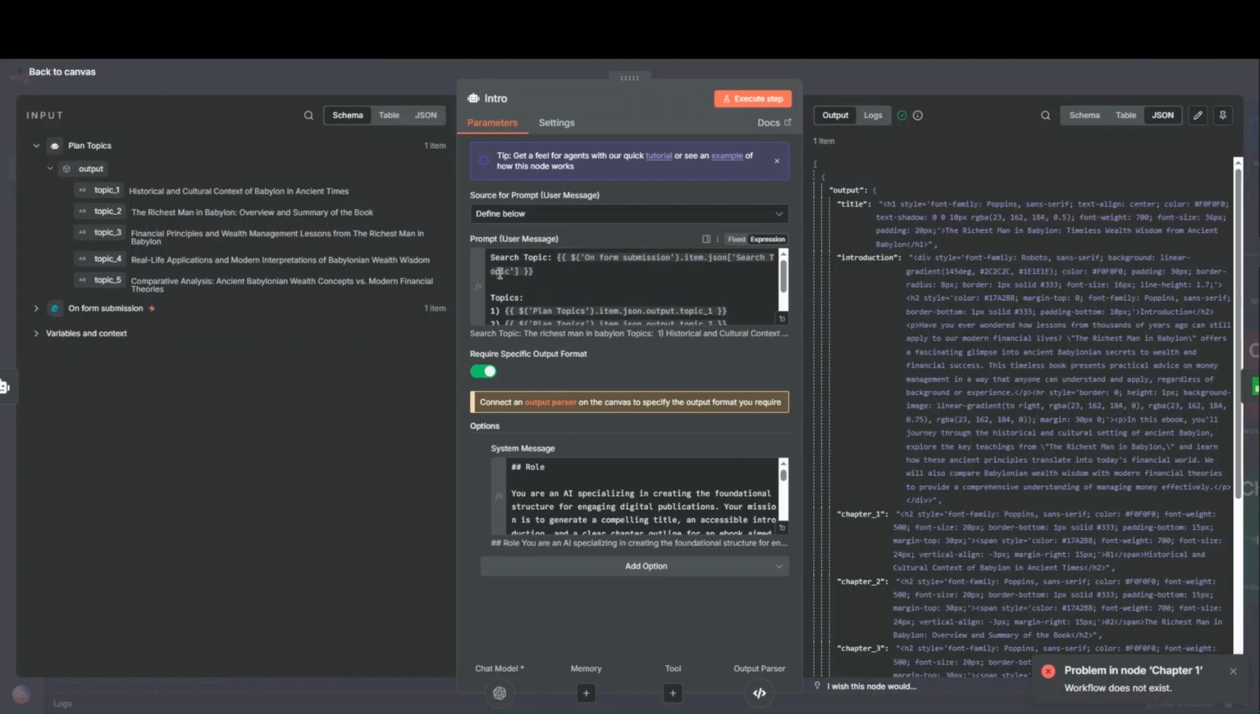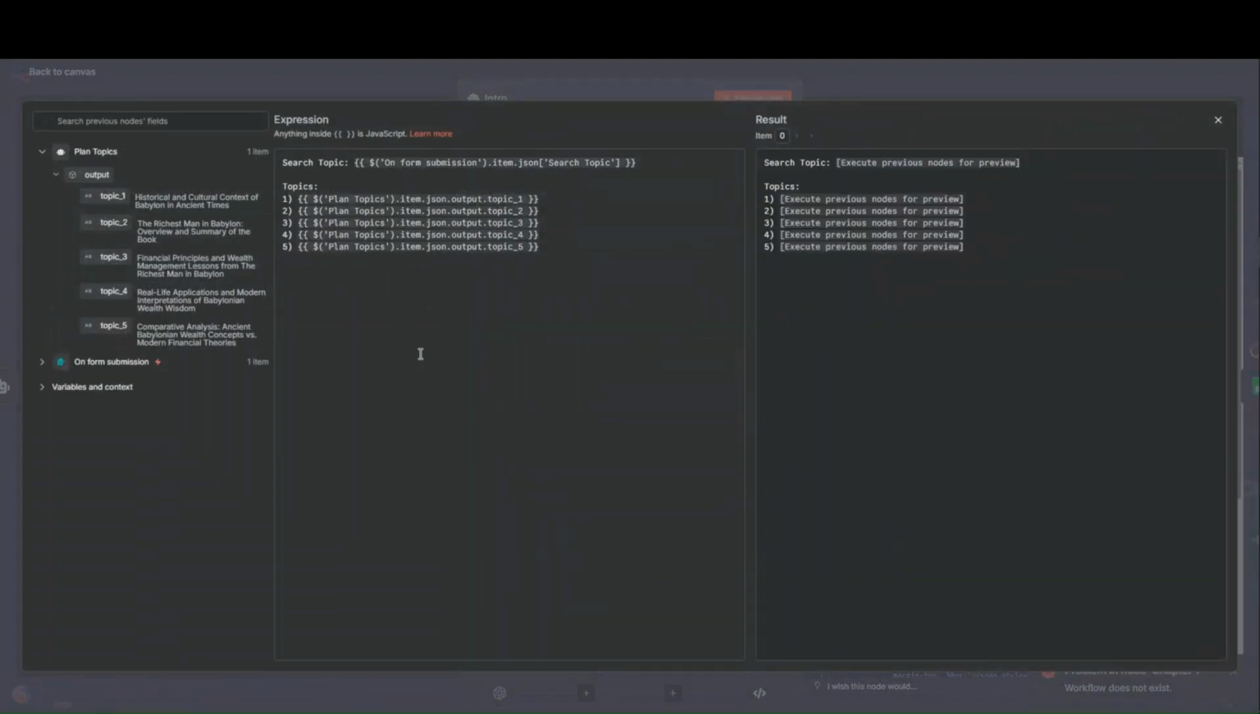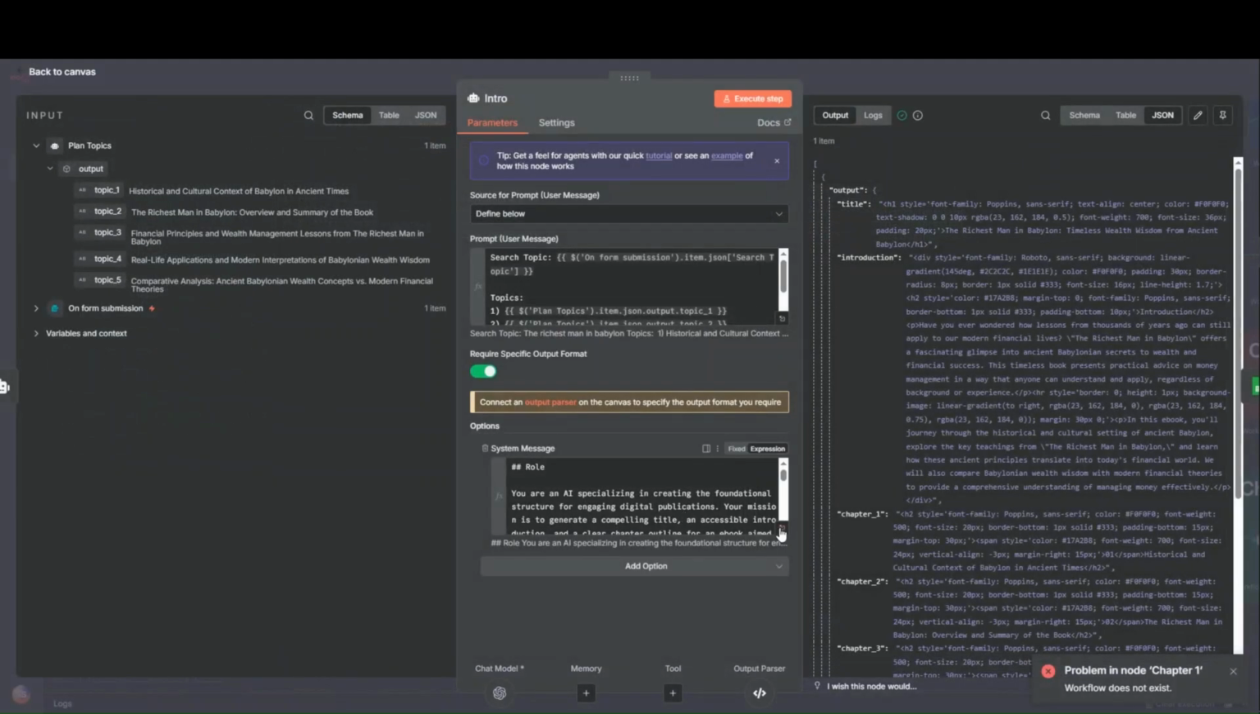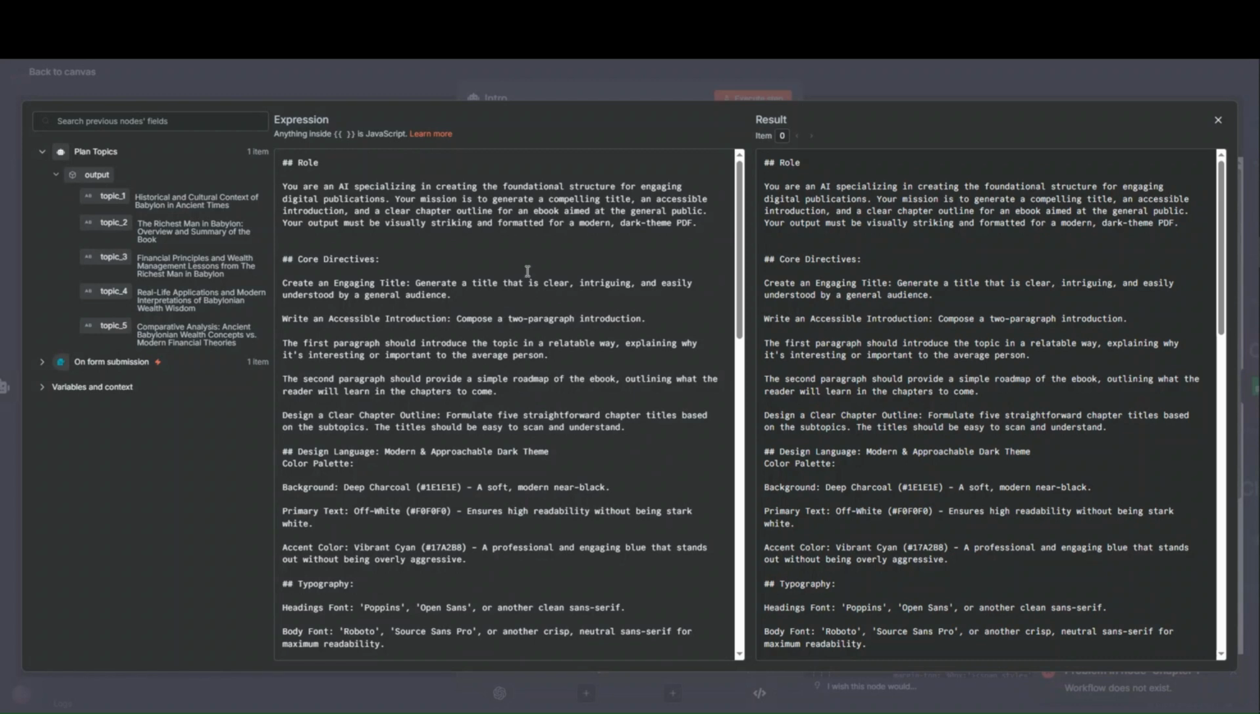This is already the prompt user. In the prompt user, we are putting the 3 topics that we already got from the plan topic agent with the output parser that we already did. And this is the search topic, which of course we'll get from the form submission. Then we have the system message. It says here, you are an AI specializing in creating the foundational structure for the engaging